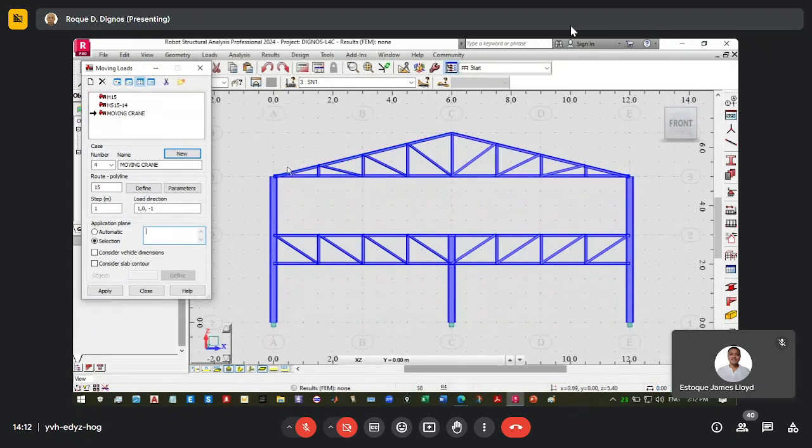So in this case, you have 1, 2, 3. In ours, only two, 1 and 2. That's why we only defined two earlier. And here on the top chord. Okay, so let's check it to be sure.